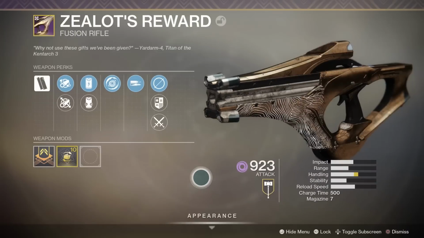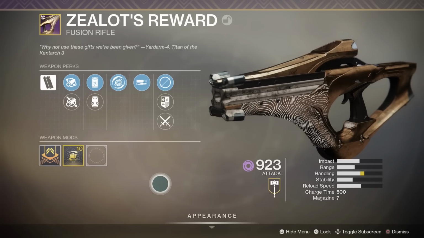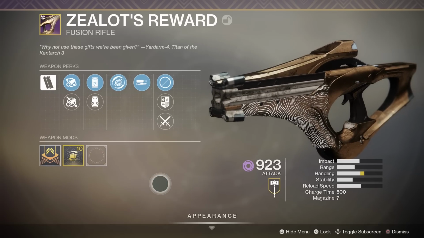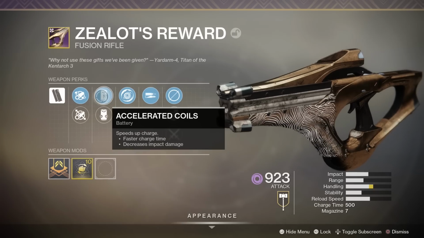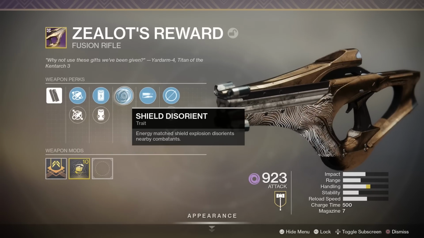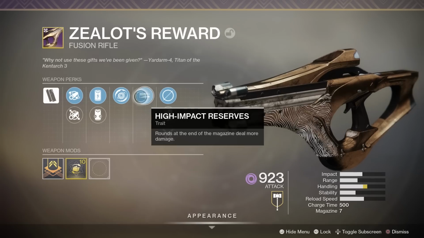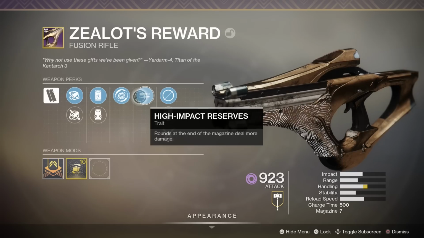Hooray. Now the fusion rifle that you saw me use against the Trove Guardian is this, Zealot's Reward. I got it from completing the first raid encounter, and I gotta say, I absolutely adore this thing. It's got accelerated coils, which speeds up its charge. It's got shield disorient, which means if I take out void enemies, it messes them right up, and it's also got high impact reserves. Rounds at the end of the magazine deal more damage, so let's quickly see this in